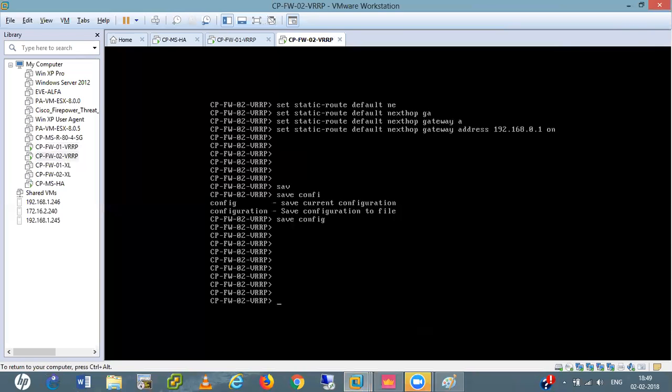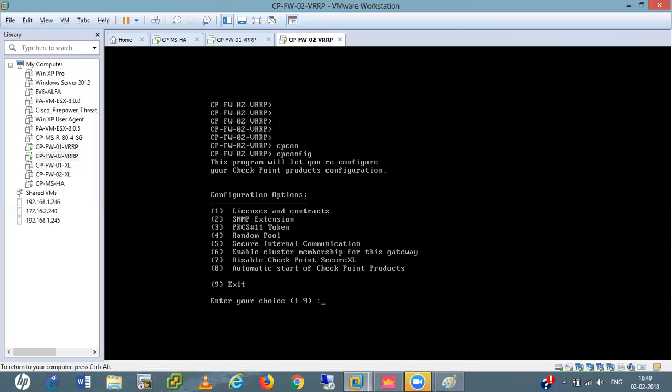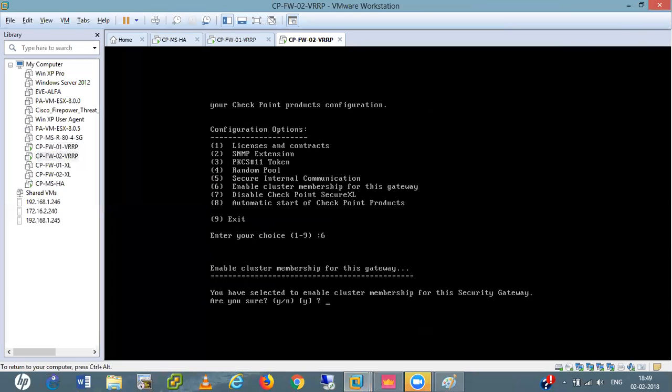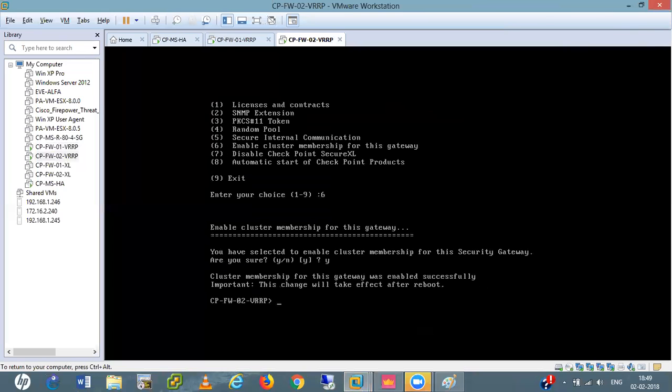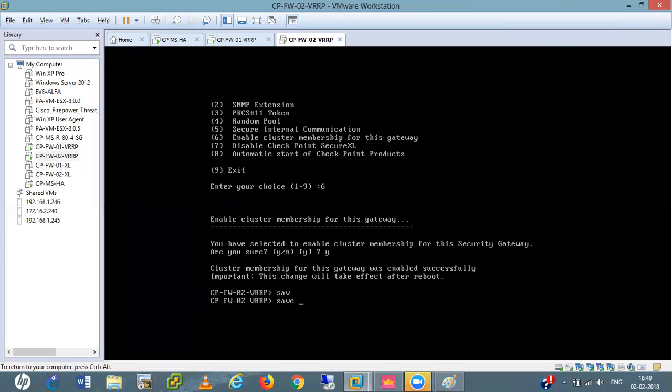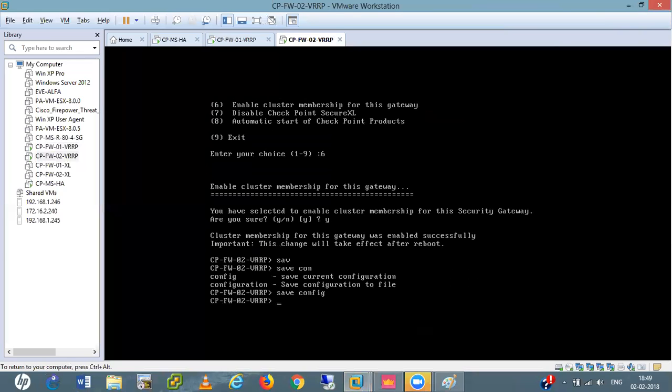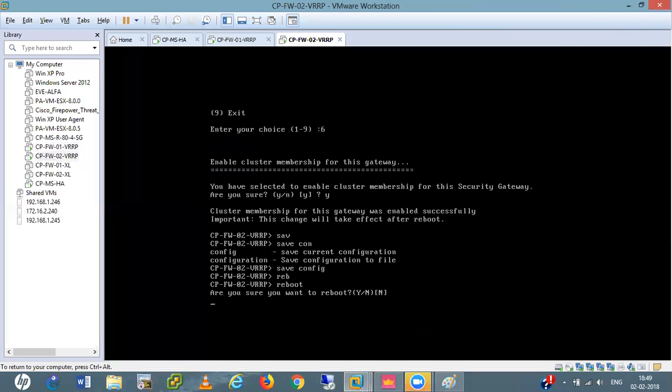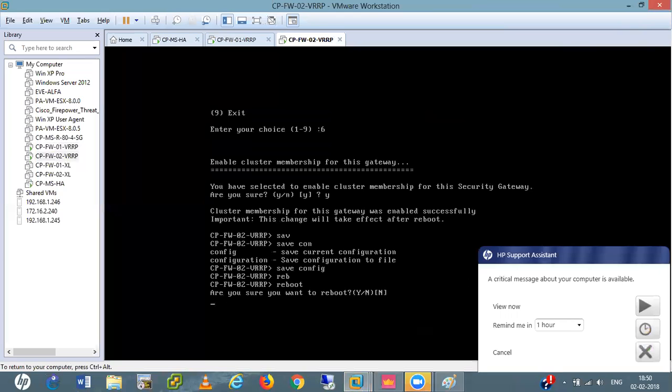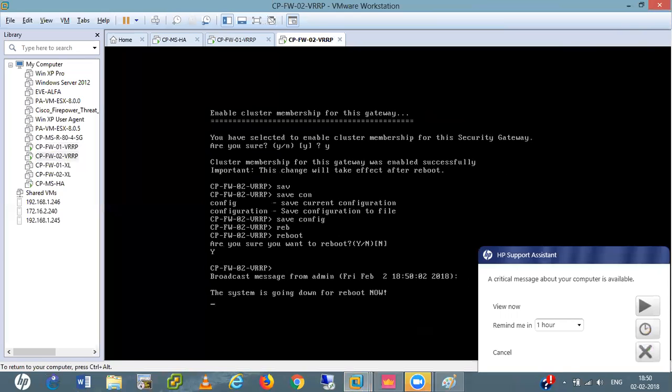Now I run the command cpconfig. Here I press the 6 button. Yes, sure. Now save config again and reboot this firewall also. Yes, I want to reboot. So wait for the reboot.